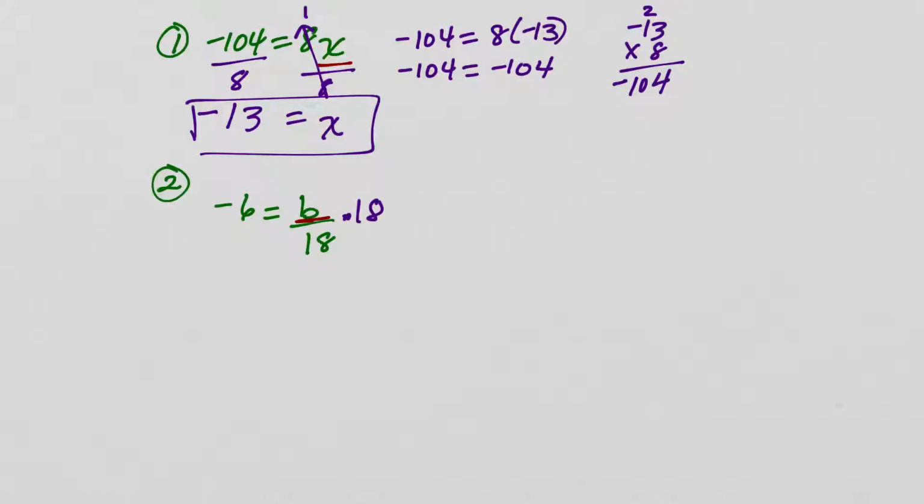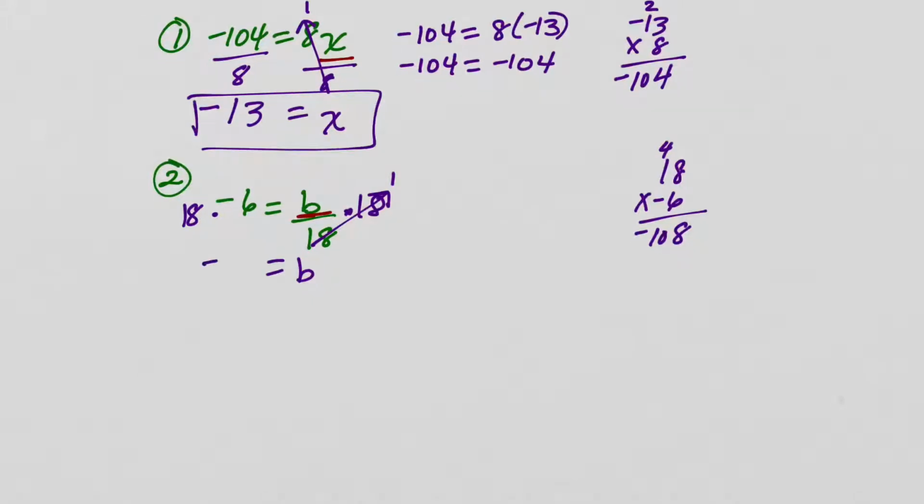But if I do it to one side, I must do it to the other. The 18 divided by 18, these are going to be grouped together, and they're going to simplify to 1. 1 times b is simply b. So then I'm going to do 18 times negative 6. Now I can't do that in my head, so I'm going to do that over here to the side. 6 times 8 is 48, carry over my 4, 6 times 1 is 6, and 4 is 10, and I got a negative 108